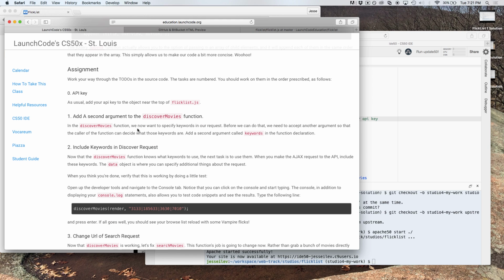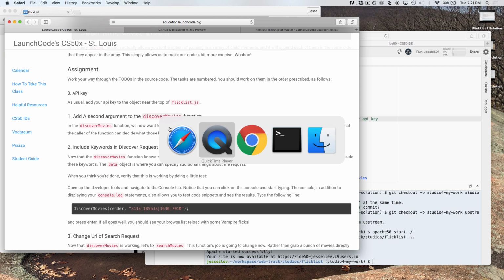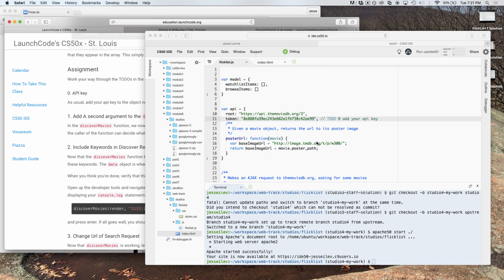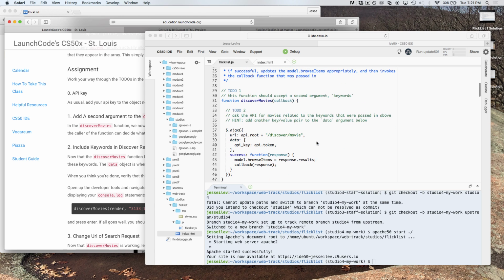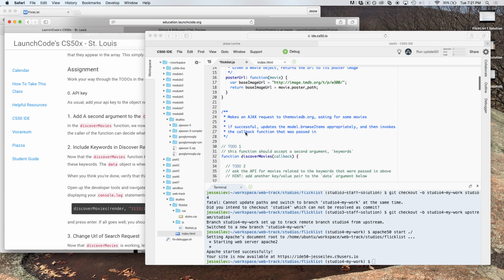So step number 1, we are asked to add another argument to this discover movies function so that we can include it in our request, include the keyword in our request. So what that means here is, so this function, we now want to,